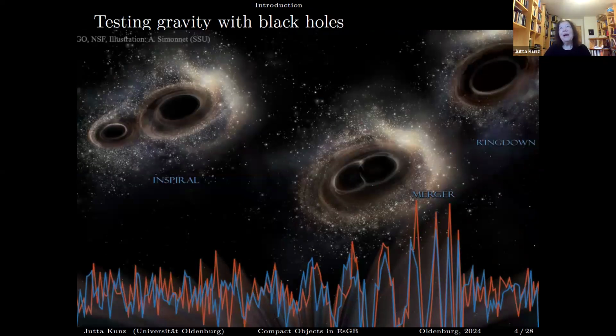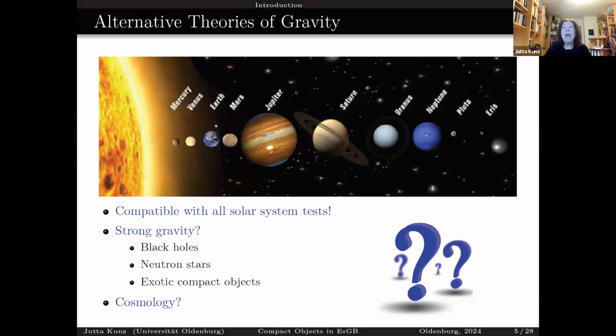And then, of course, we have the gravitational waves. And there we have so many data by now. And these data are going to increase a lot with all these new upcoming telescopes and then also different frequency ranges. So we are really in an absolutely exciting time for this type of research we're doing.